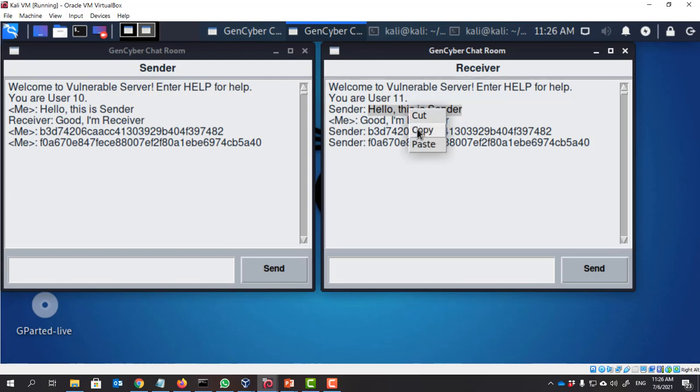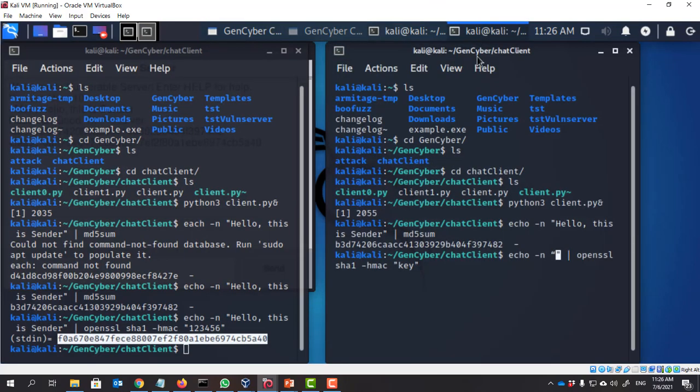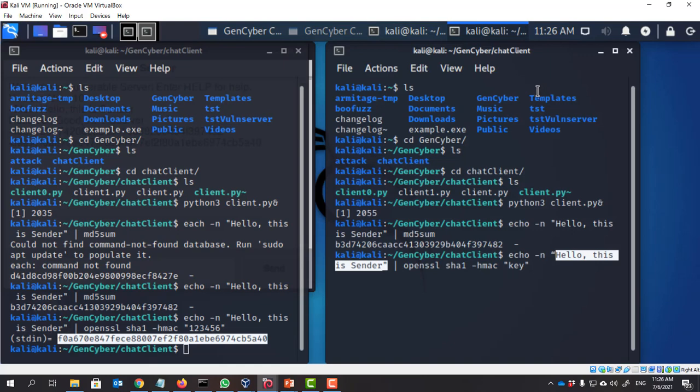Right click, copy, paste. And here the key must be 1, 2, 3, 4, 5, 6, otherwise it will be wrong. And the result is